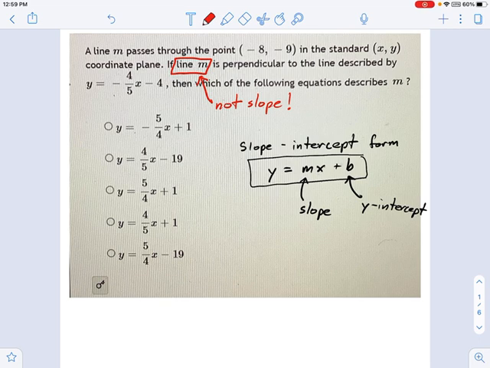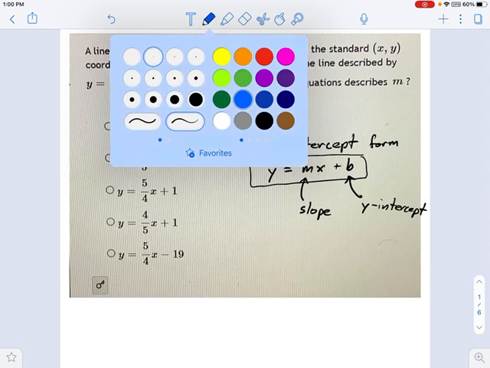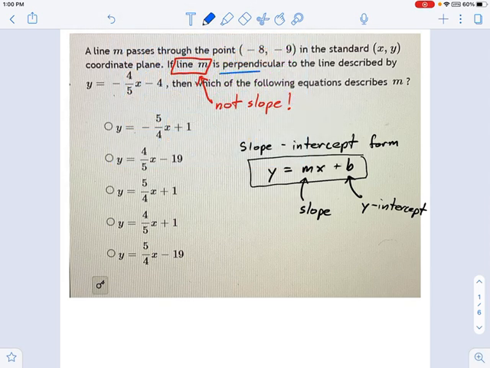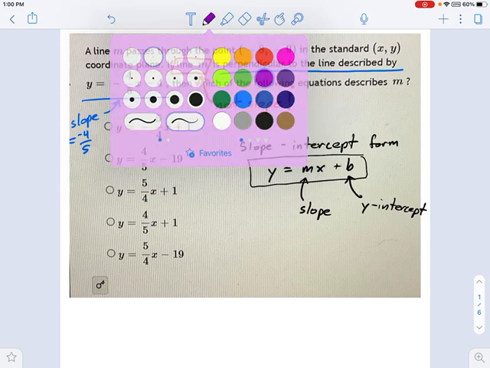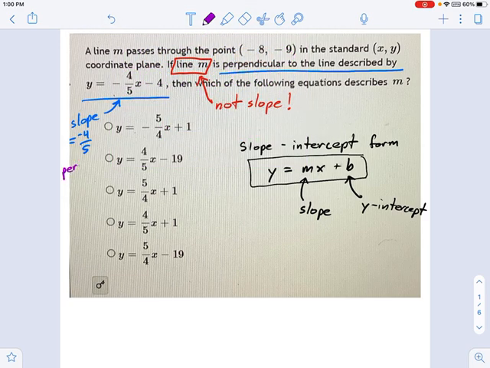Okay, now let's talk about what's given to us. We know, and this is important, that M is perpendicular to the line described by this thing. Well, what's the slope of this equation in blue? The slope is equal to -4/5. So that means something perpendicular to it is going to have a different slope. The perpendicular slope is therefore equal to